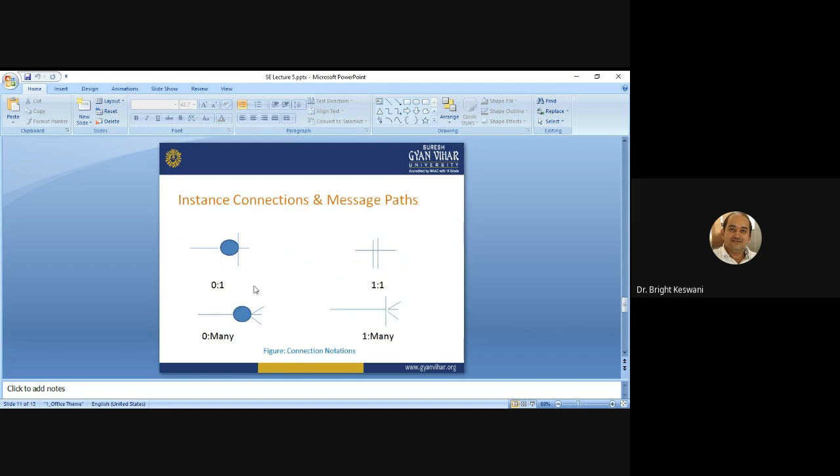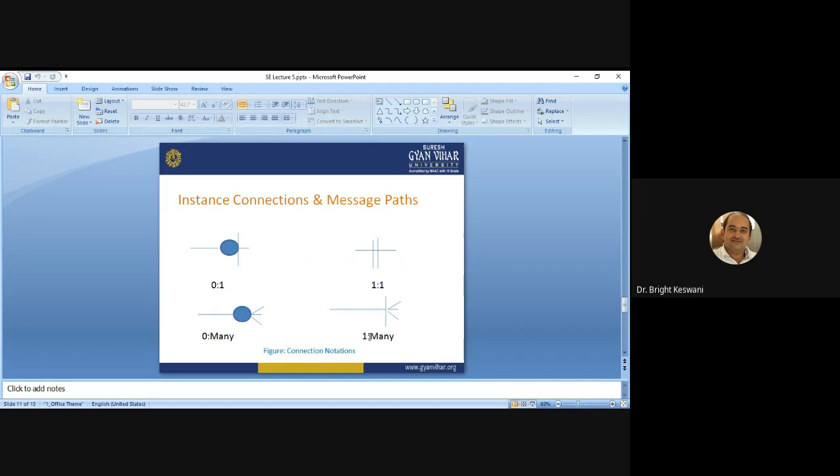Then the second step: once the lines have been established, each end is evaluated to determine whether a single connection, meaning one-to-one, exists or a multiple connection, meaning one-to-many, exists.